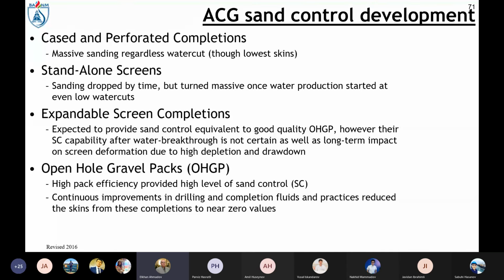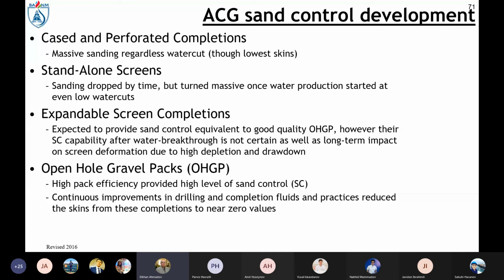Only in this case can we talk about the living-with-sand option or sand management, and we first have to define the sand-free rates for this kind of well operation. The other approach is obviously prevention of sand entering the wellbore,